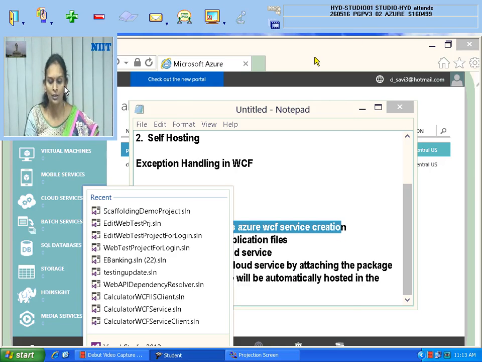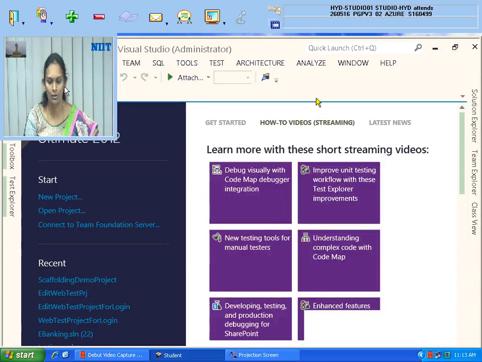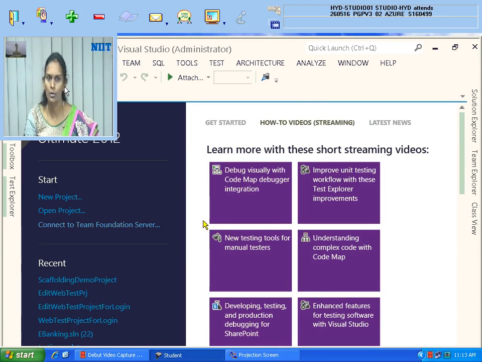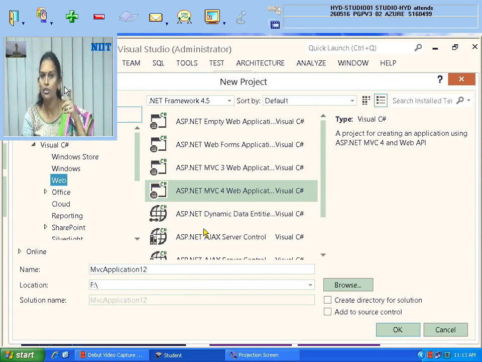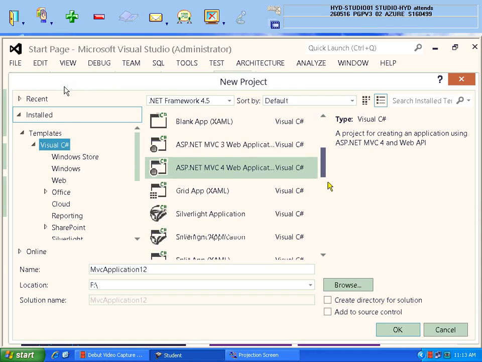Now I am telling you very clearly how to create a WCF service. Everybody will get a doubt here. Now I am telling, click on new project. This is the place where you see the main difference. In the new project, what you have done previously, you used to take it on Visual Studio, then you used to get WCF service or here.